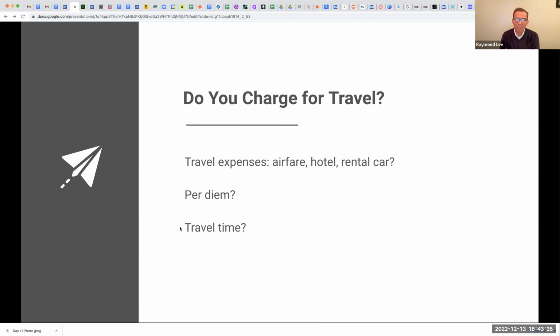And then travel time, I would say the assumption is it's not paid, but you can ask for it. If you do ask for it to be paid, I would recommend not at your normal research rate, but maybe half of that. Some portion of your research rate to compensate you for the travel. And when might you ask for travel time? If it's unusual, if this travel is to their office to do the work, then maybe they're not as likely to pay it because you're commuting in from someplace remote.